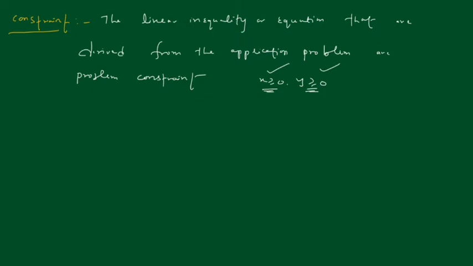The non-negative constraint is included because x and y are usually the number of items or products, and one cannot produce a negative number of items, right? So always it must be positive, and the smallest number of items one could purchase is 0. They are not usually stated, they are implied. If you purchase anything, you can purchase only positive values, you cannot go for negative. If you want to purchase something in a grocery shop, we ask for 2 pieces, 3 pieces, 10 pieces like this. You cannot ask for minus 2 pieces, minus 5, minus 10. So always it should be a non-negative constraint, right?